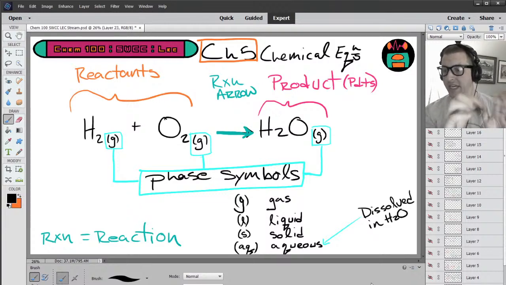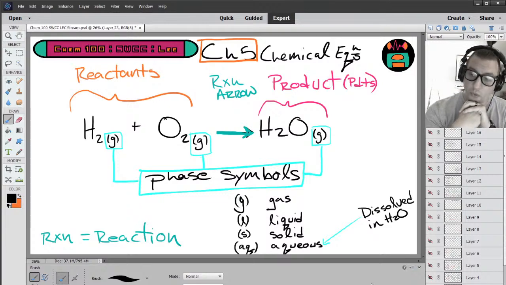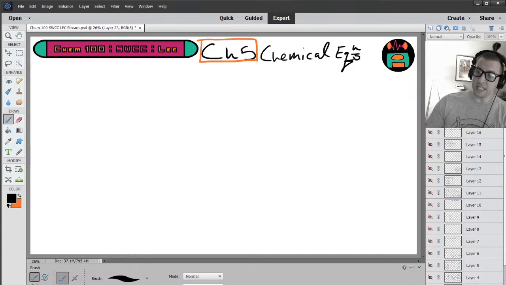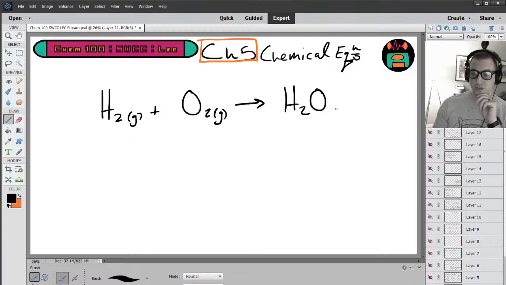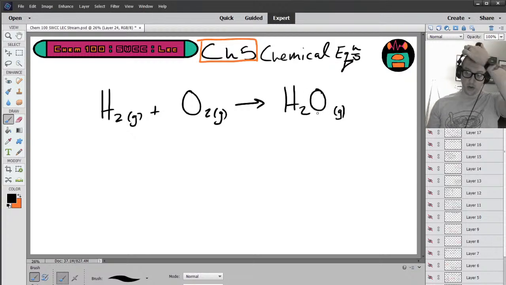That's kind of the breakdown for chemical equations. The deal is, as written, and I just blanked it out. Let me rewrite this. As written right now, there's something wrong with this chemical equation. All right, and what's wrong is,